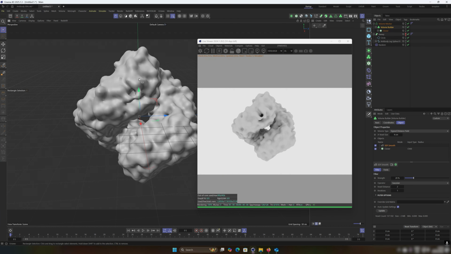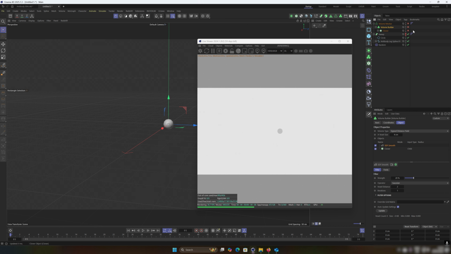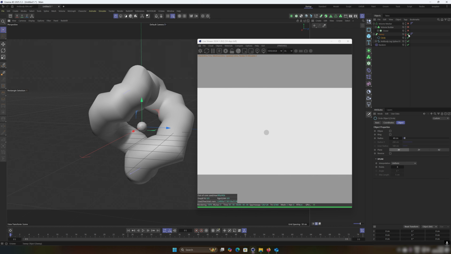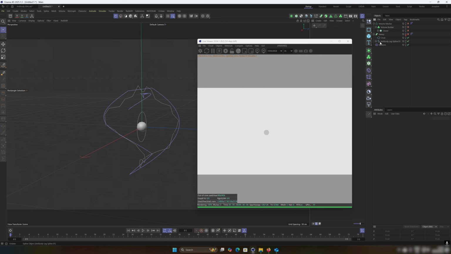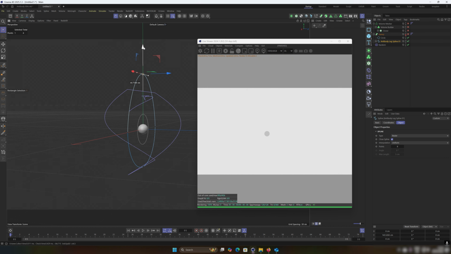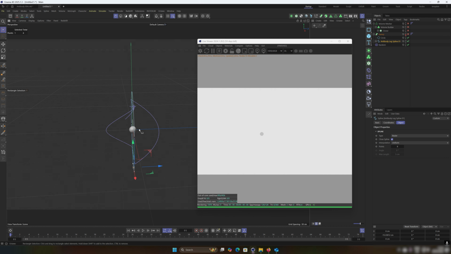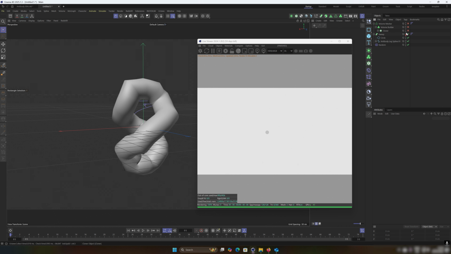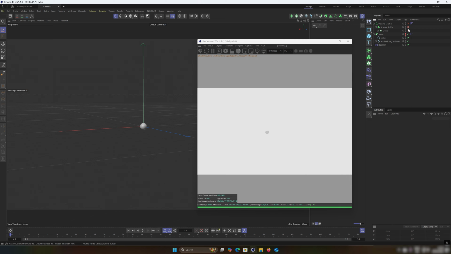At the moment, I think it's too circular, too perfect, especially with the twist. It doesn't look very organic at the moment. It's okay, but it could be better. So I'll turn off these three, turn back on the visibility of my sweep. In fact, let's turn off the sweep. I'll go to my original antibody leg spline, select the vertex point and drag it up, then select the bottom one and drag it down. So my starting point, rather than being a perfect circle, is a little bit longer. So if I turn on sweep, turn off the visibility, then turn back on the cloner,